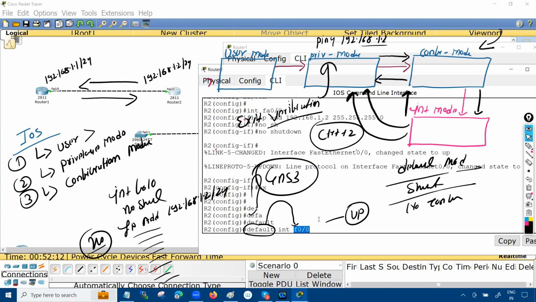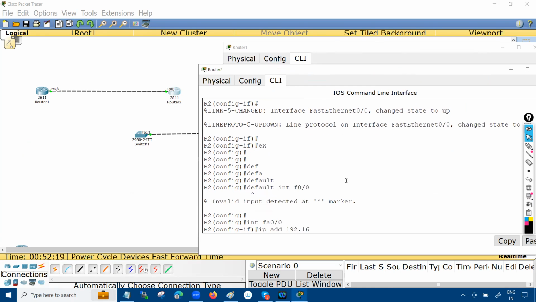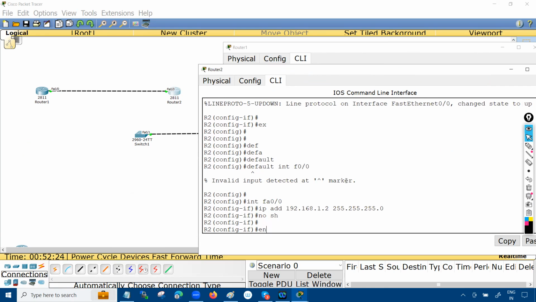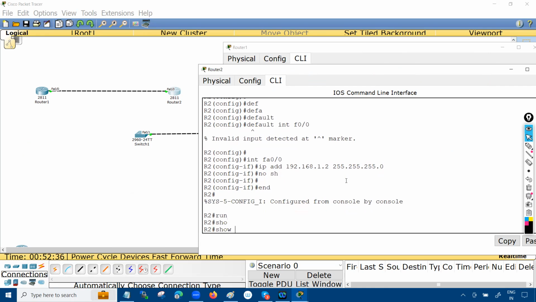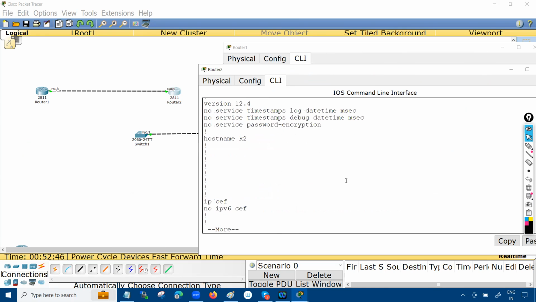Okay, thank you. Now, all this configuration, let me add it again. And all this configuration is stored in your router memory, and that is called the running config. So I want to see the running config. Running config means whatever things are present on the router right now. If I just press enter, you can see that